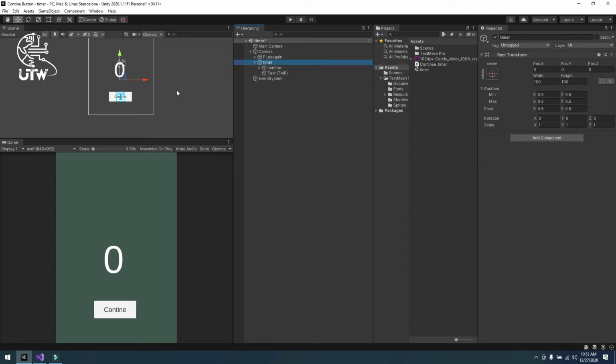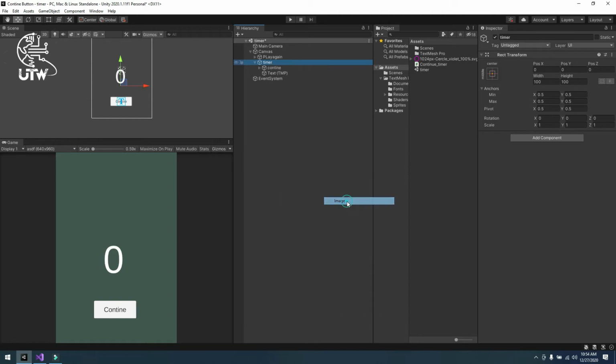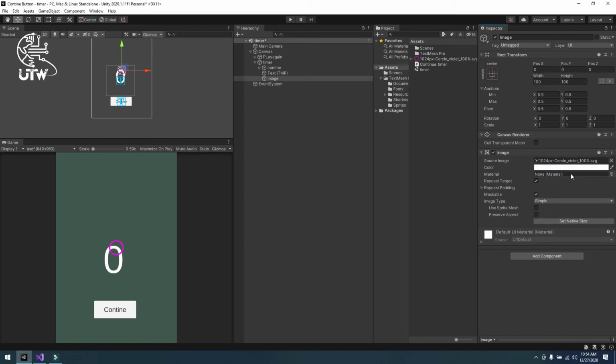Then you have to create a simple script that I have already created. The next step we need is to create a UI image, so we can implement our countdown timer bar, and change its image type to filled.